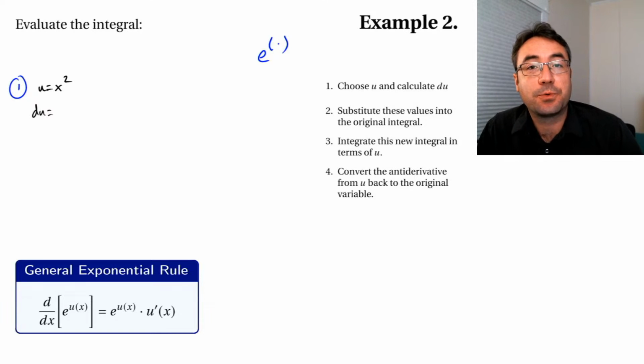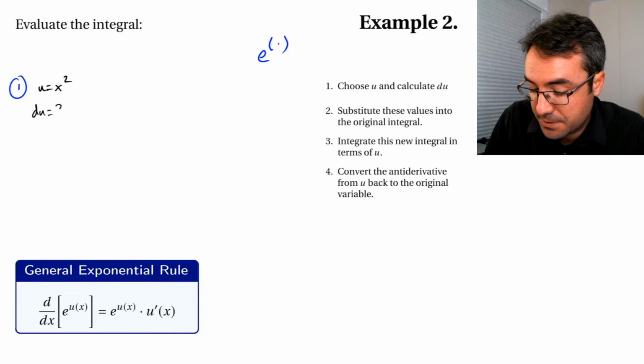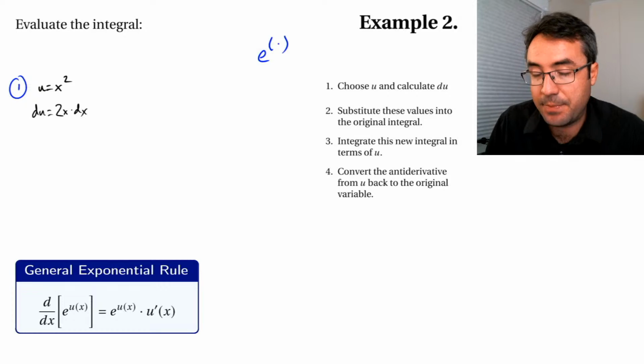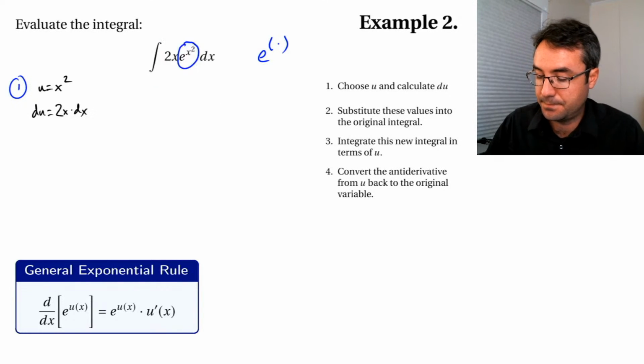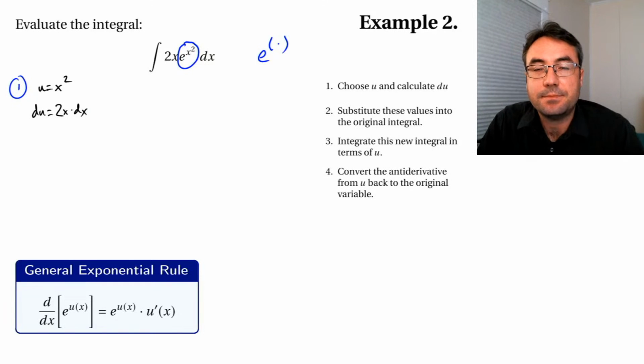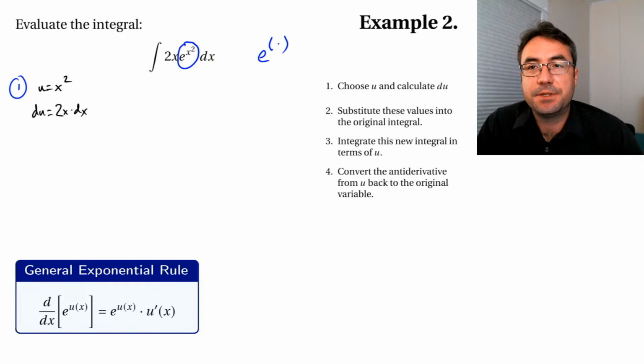So du is the derivative, so 2x, and then we multiply by dx. All right. So the goal is, so that's step one. Figure out what you should pick for u and then calculate du. Now we're going to plug all of that in to our integral in step two. And to kind of help with that,